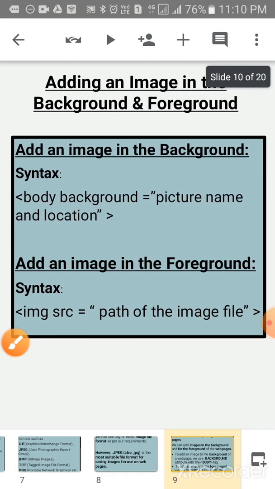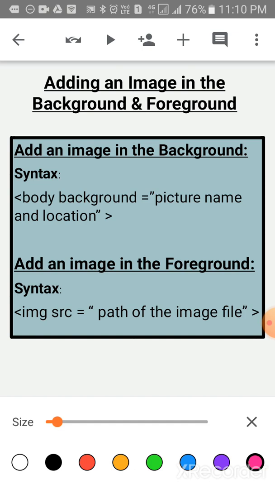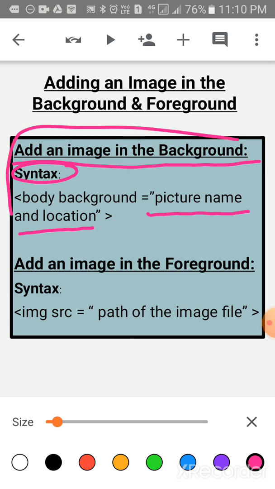Clear, children? Now, adding an image in the background and foreground. First of all, adding an image in the background. The syntax is the body tag, space, background equals, within quotes you write the picture name and location, then close the quotes and close the tag. This is for the background.